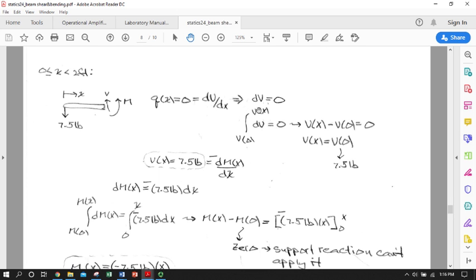So I'm going to write an integral from V at 0 to V at x. This is not the same as x equals 0. This is the shear force when x equals 0 to the shear force when x equals whatever x, with respect to V. That's going to be equal to